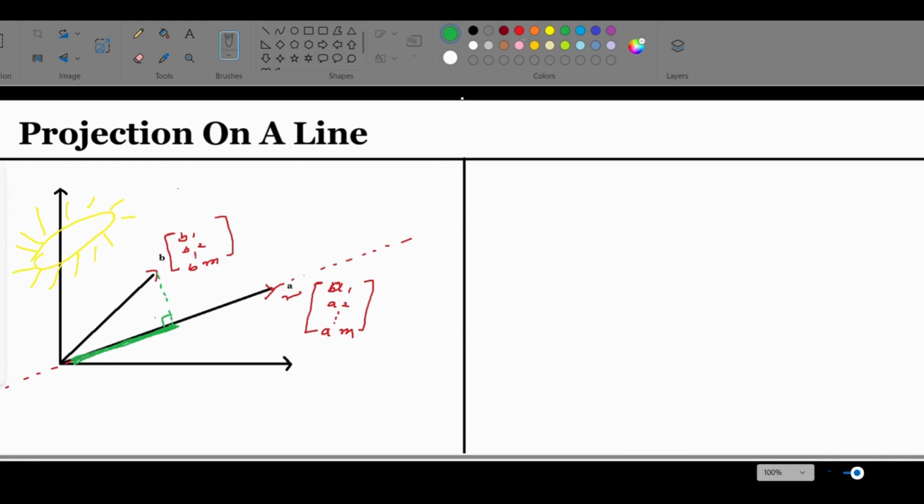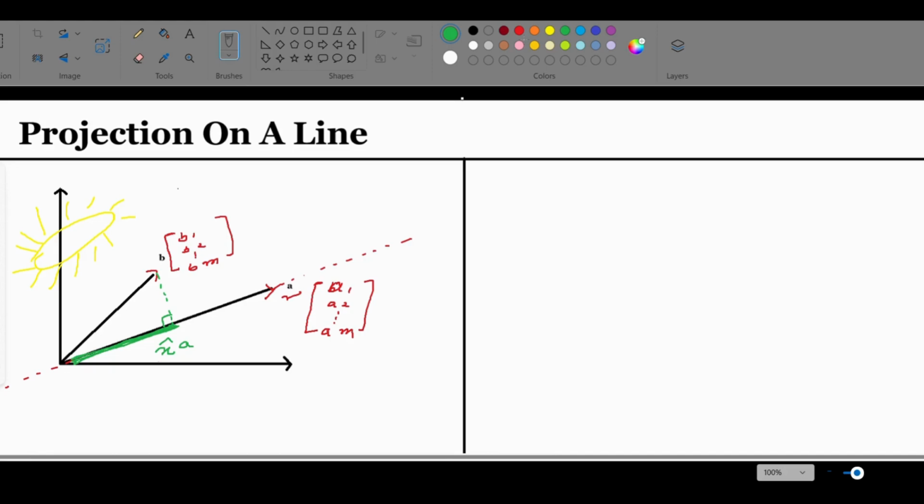and its length is up to this perpendicular line, which is what we just saw in the previous slide. We had then said that the length of this shadow is equal to B cos theta and is the distance between the origin up till this perpendicular line. Now, about this shadow or projection of B, we could say that it's a fraction or a multiple of this vector A. So it is basically a part of A. And let's say that this part, this projection, is equal to x cap A.